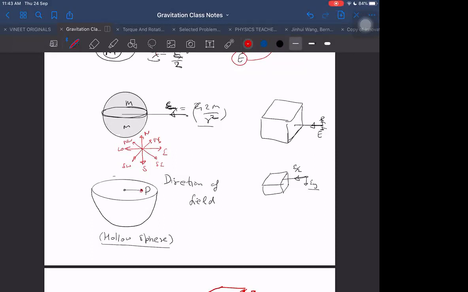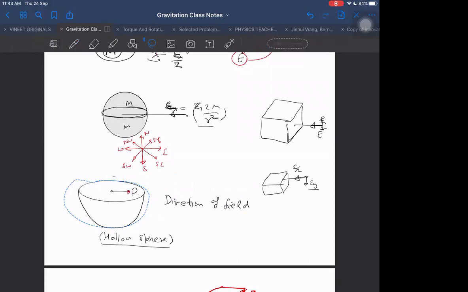South. Southwest. One boy is saying south, one boy is saying southwest. Southwest means it need not be exactly 45 degrees, sir. Something in between south and west. Yes, not necessarily 45. Yes, something in this side, but not necessarily 45. But actually, the answer is wrong.